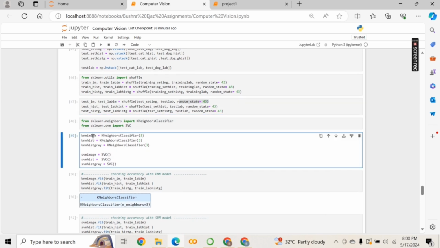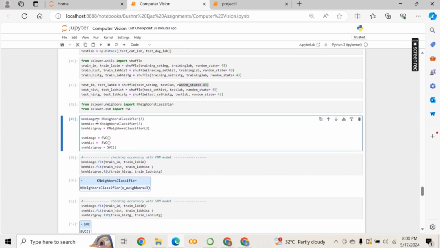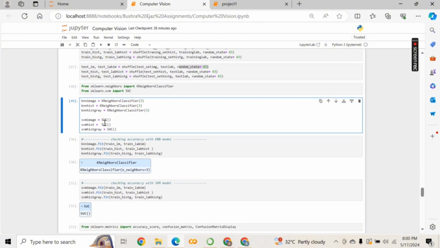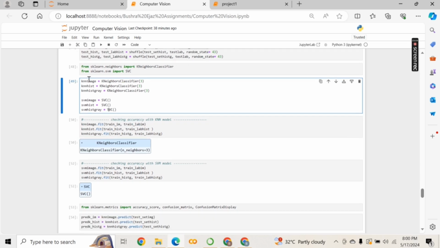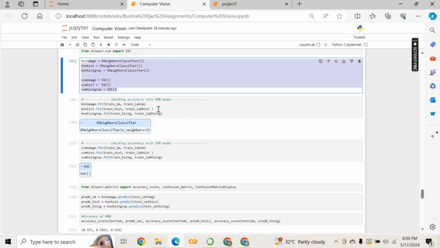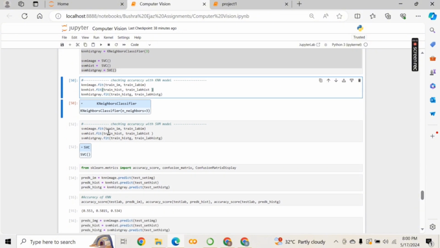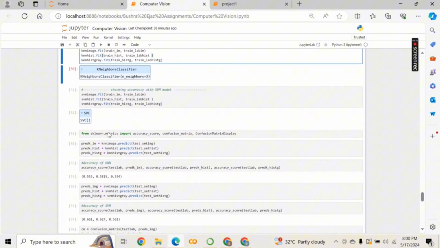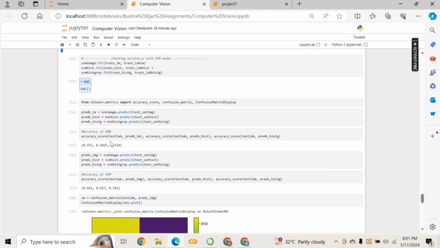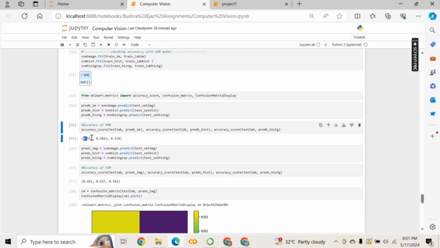So here we have initialized our classifiers. This is for KNN real image, this is for histogram, and this is for gray. SVM for real image, histogram, and gray. This is the initialization for our classifiers. Now we are going to fit our classifiers, and then we are going to check the accuracy. Okay, so here it gives us the accuracy 53% on real image, 58% for histogram, and 53% for